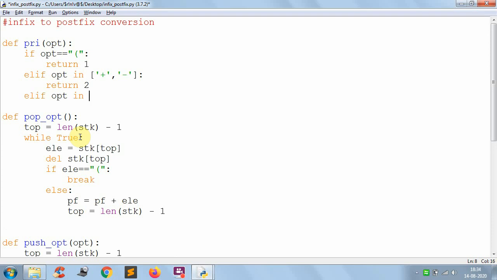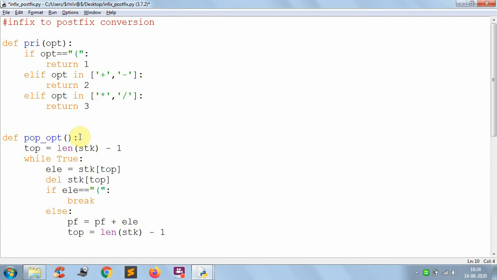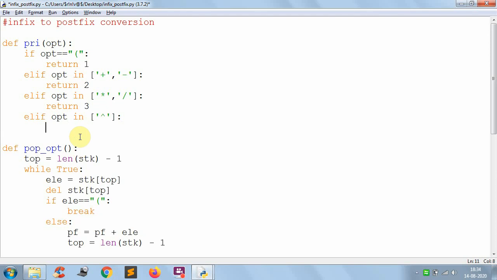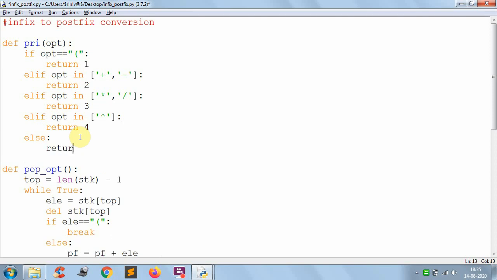Elif opt in multiplication and division, then I am giving the priority 3. Elif opt in cap symbol, I am returning 4, else return 0. So these are the priorities I have created.